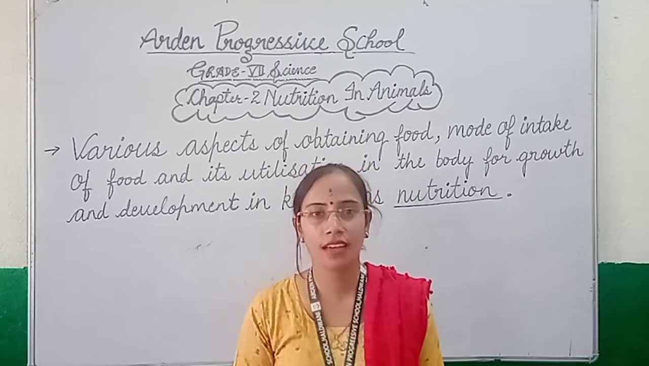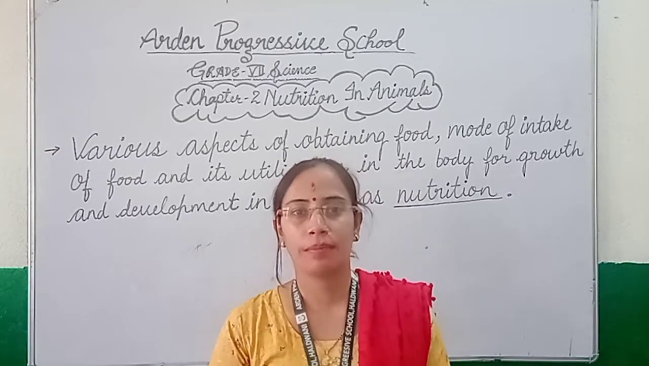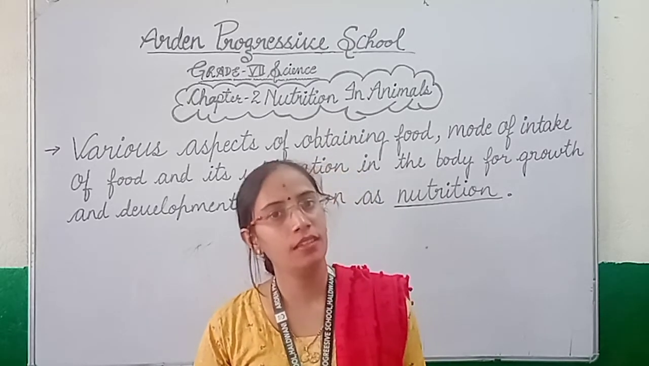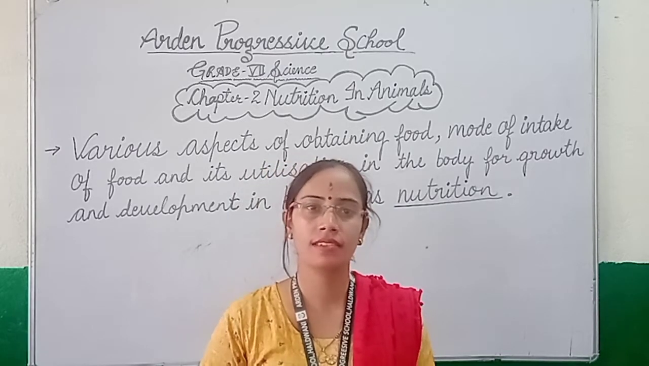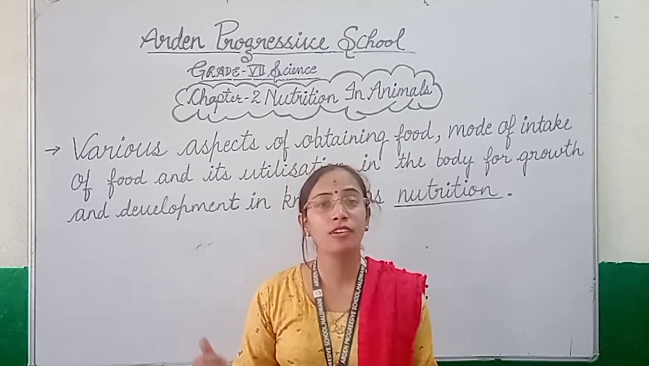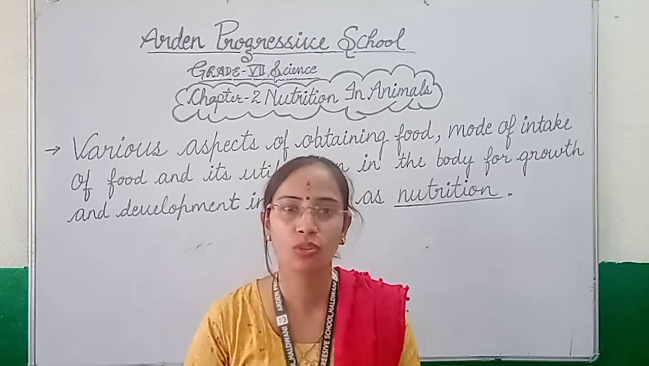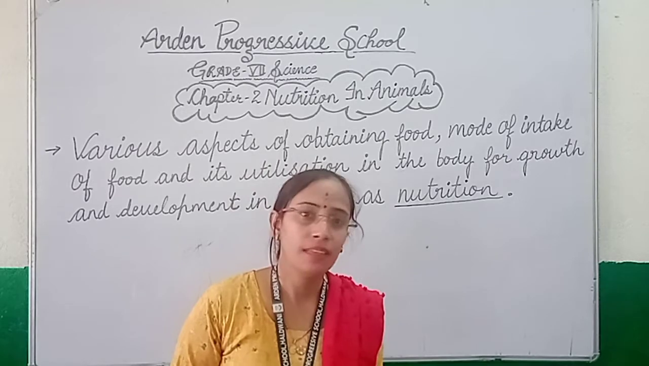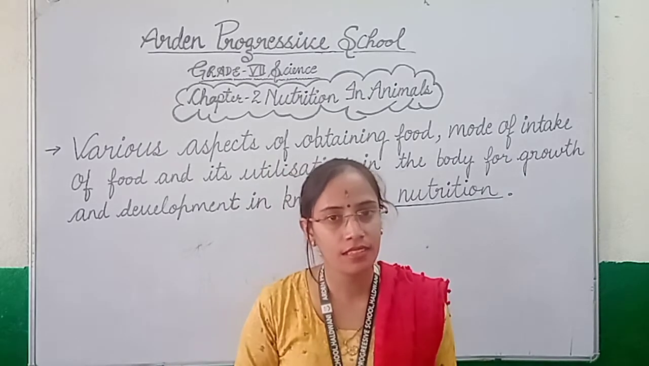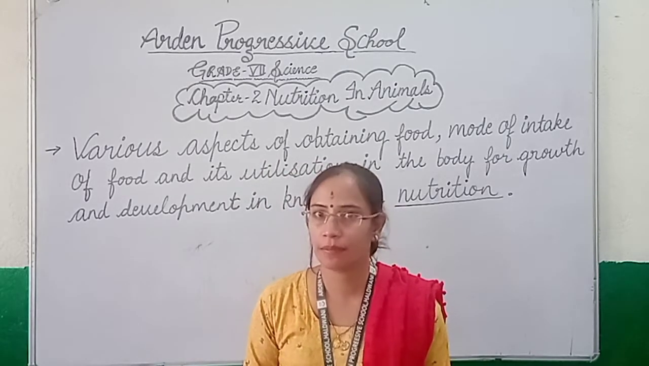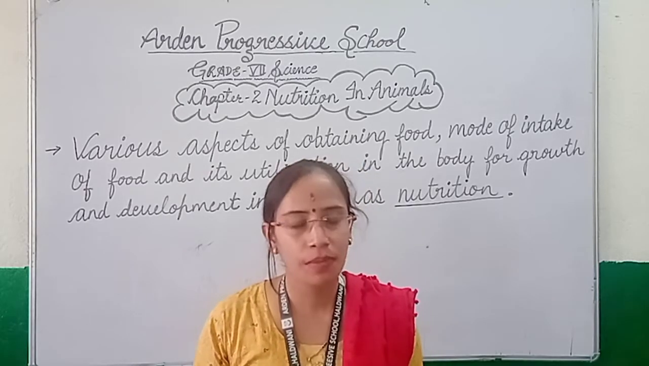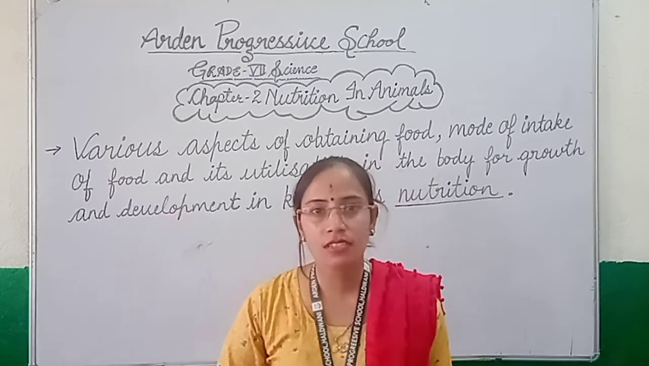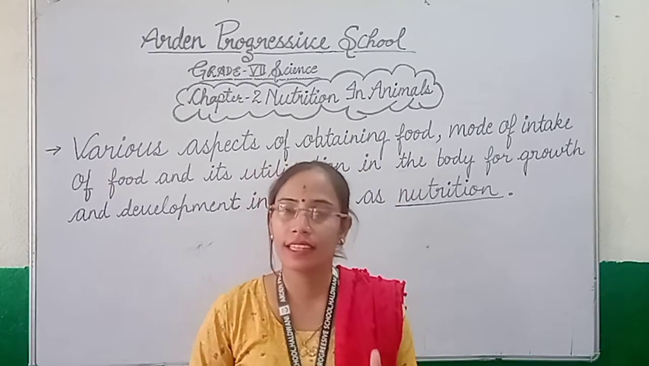Students, let's start with your new chapter 2. As we discussed in our previous chapter, that is nutrition in plants, plants can make their own food by the process known as photosynthesis, and that's why plants come under the category of autotrophs. But animals cannot make their own food. They depend on others for their nutrition, and they are known as